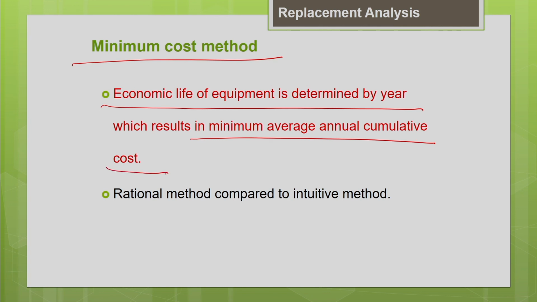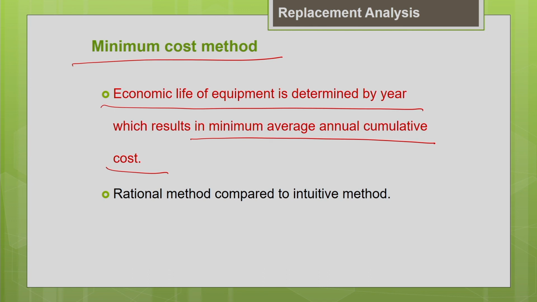So, here we are going to optimize the production with respect to minimum cost. We are choosing the year in which the total cost associated with the machine is minimum. That is the optimum replacement time of the machine. We know that already. Let us see how to apply this minimum cost method and compare the Defender and the Challenger.